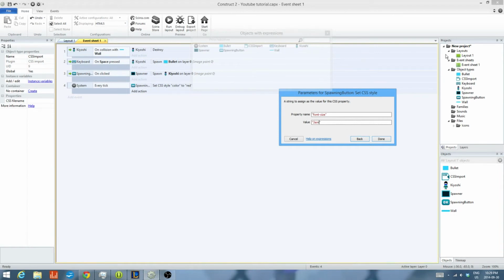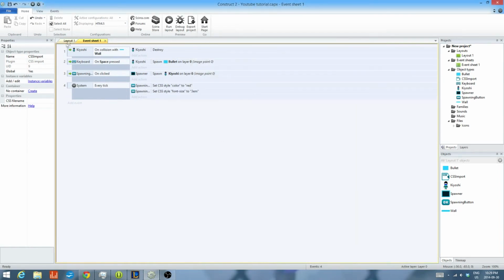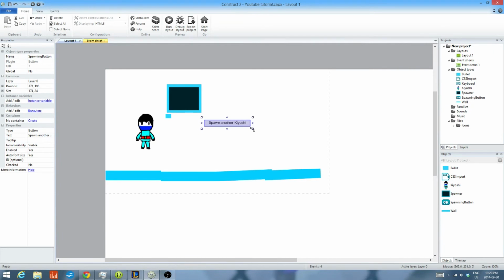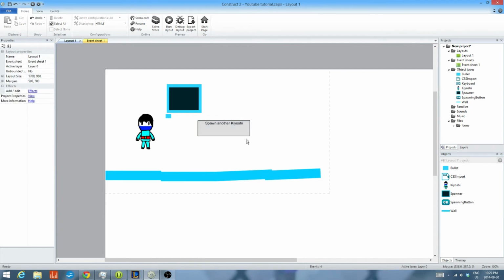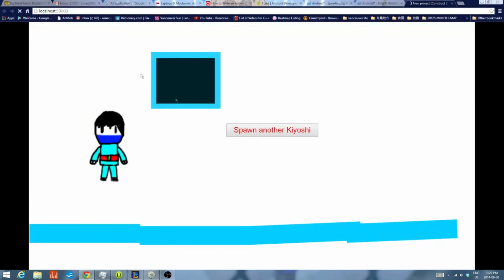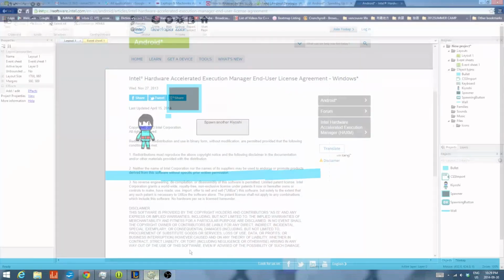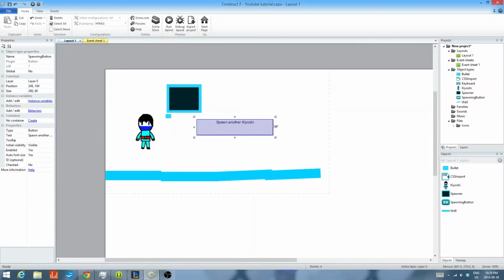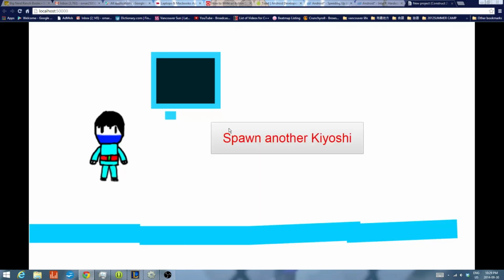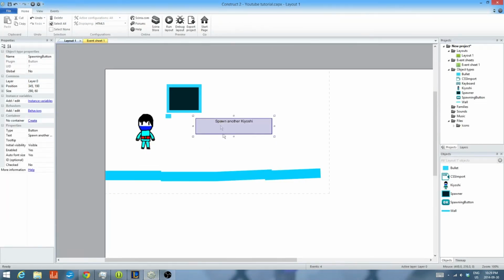For example, like that. But remember, when you want to have a bigger font size, you also have to make your button bigger as well, or else it won't fit on the button and it won't resize itself. See? It doesn't fit. What we have to do is make that longer, and now it fits. So this is it for the tutorial, everyone. Thank